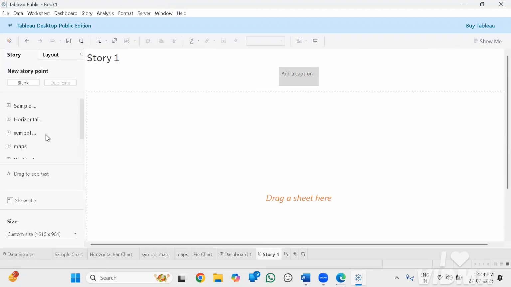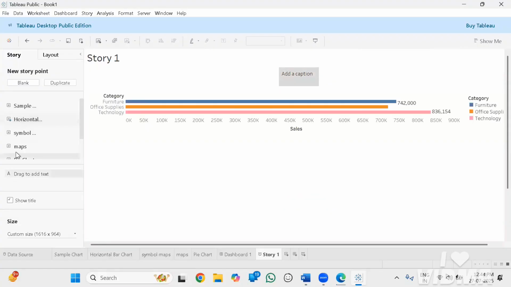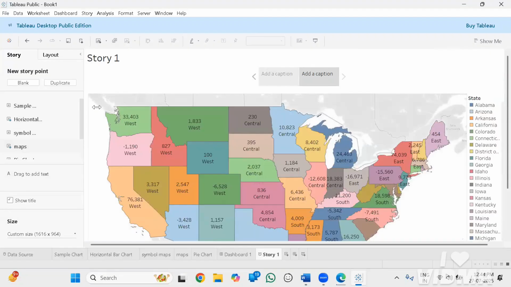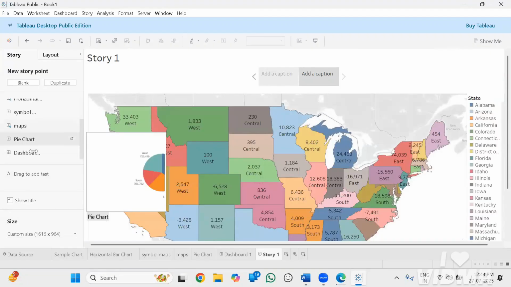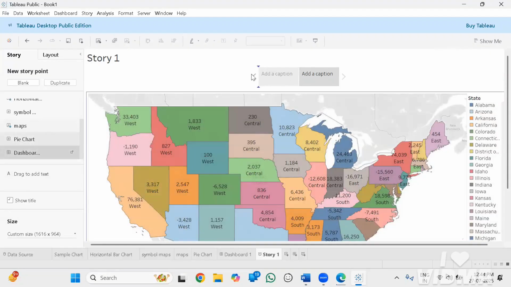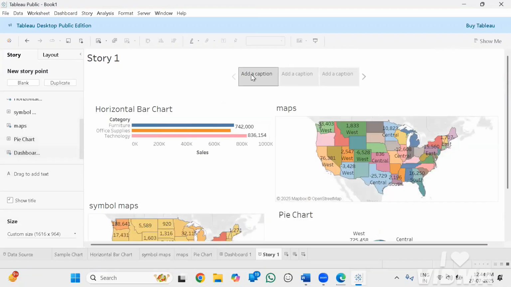So here you can see, just drag and drop into this. Okay, just drag and drop over here, and same. So for example, firstly I'm adding it as a dashboard, and then